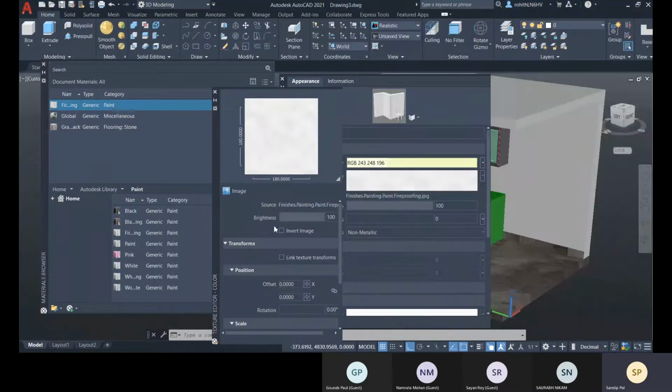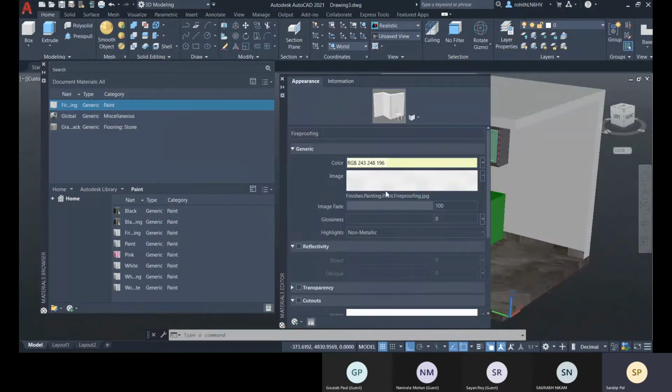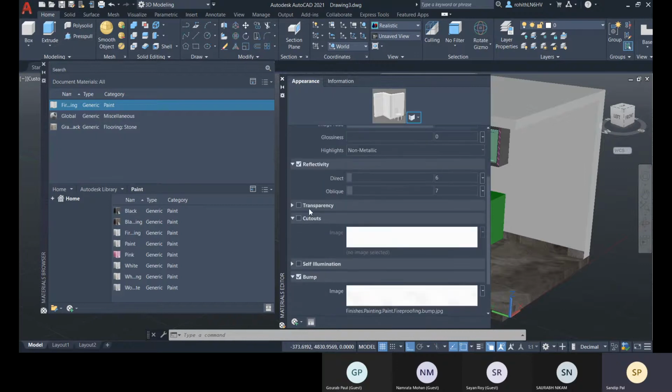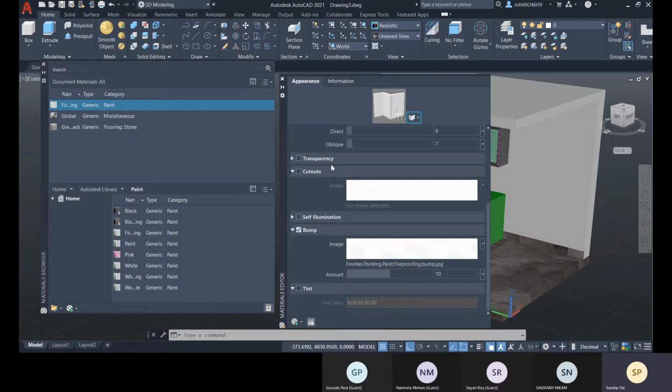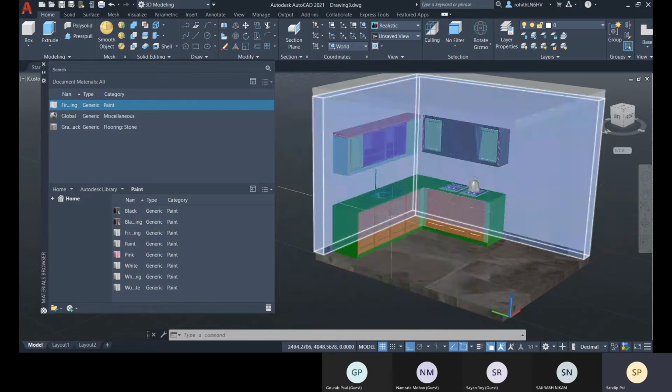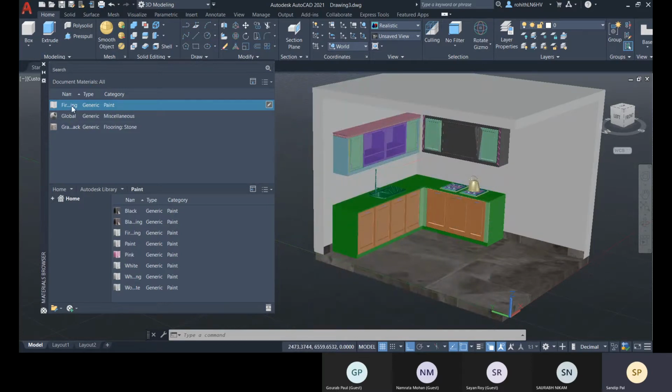So let's make it a simple one without this image, or whatever it is right now. It is okay. I'm okay with this. And reflectivity, let's make it some reflection, because this is a new paint, right? There will be no transparency and cutouts. Yeah, bump will be there, according to this surface. So that is okay. And I will apply this to the inner surface.